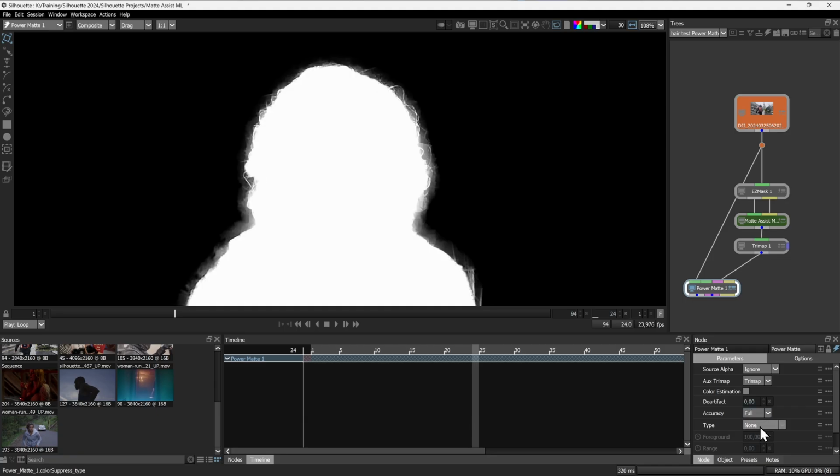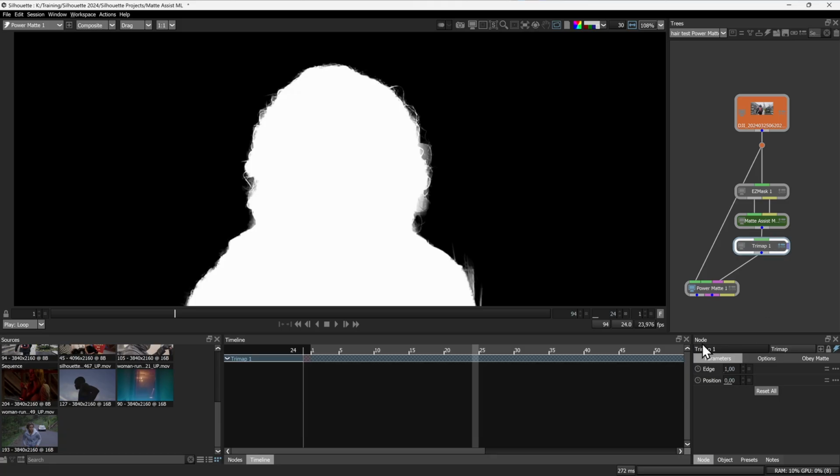I can change my accuracy up a little bit here, add in a little bit of de-artifacting maybe, or what I usually find works out a bit better is to kind of muck around with the parameters in the trimap here.